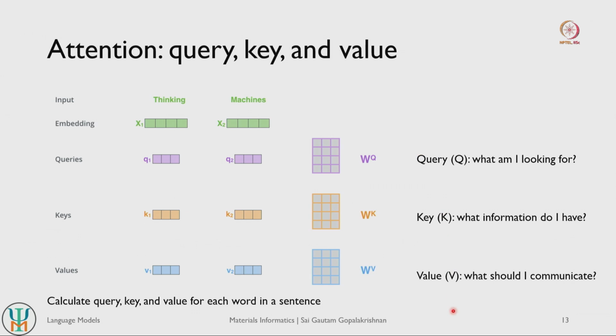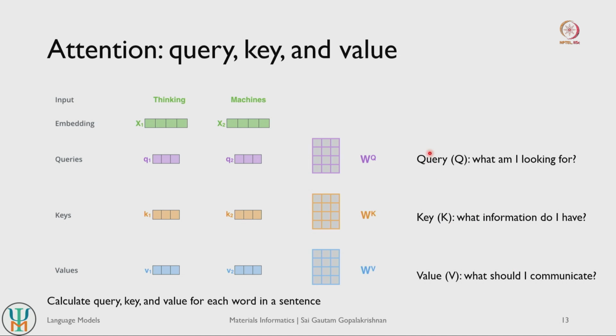So what is the purpose of these 3 matrices or variables? Query basically corresponds to what am I looking for, right. What is the context that I am looking for in a given sentence for a given word. Key basically encodes whatever information I have within my sentence, so whatever I have seen so far, what information does that add up to, and value basically determines what should I output, right.